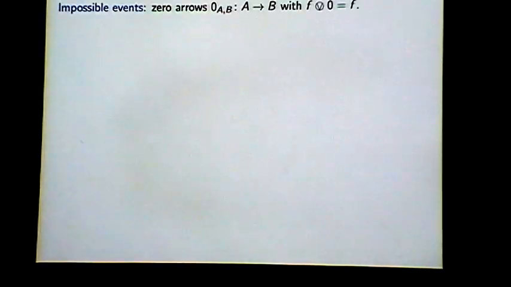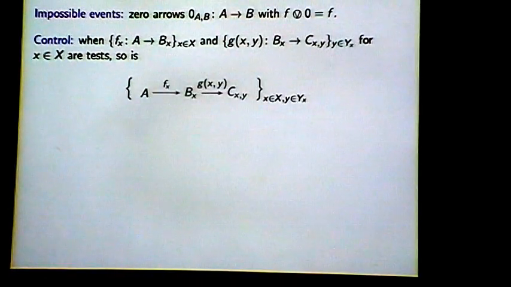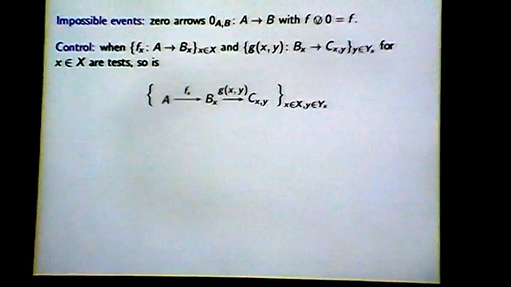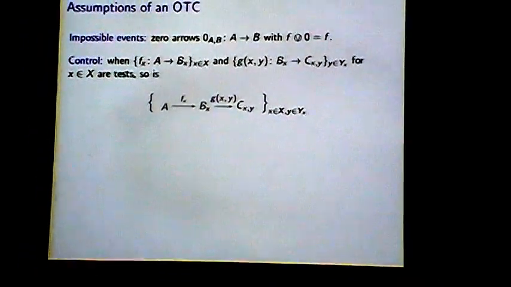I need to make a couple of basic assumptions along with these. So I assume I have units for this coarse graining operation that we just think of as impossible events between any two systems. The main assumption is called control, and we met this on Monday in the name of conditioned tests. And it just says that you're allowed to perform a test, and then conditioned on that outcome, choose how you behave next. So you can pick which test you're going to perform next, and that whole procedure is something that you can do operationally. So this collection here needs to also form a test.